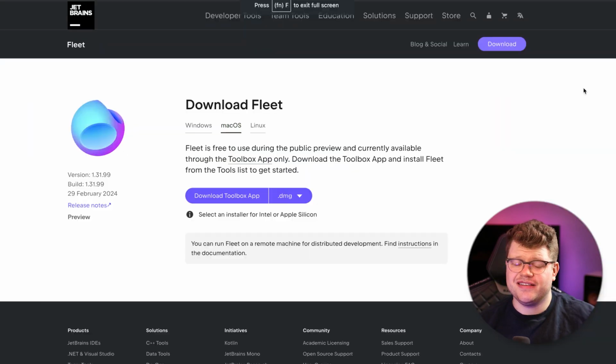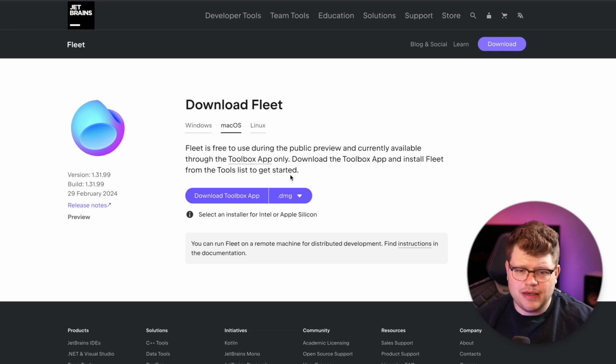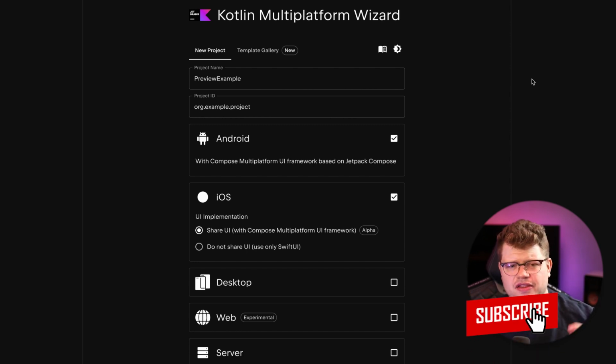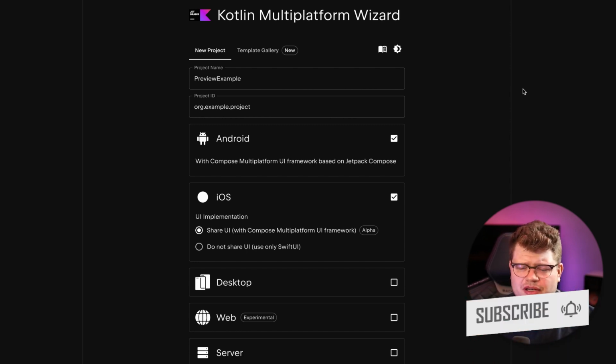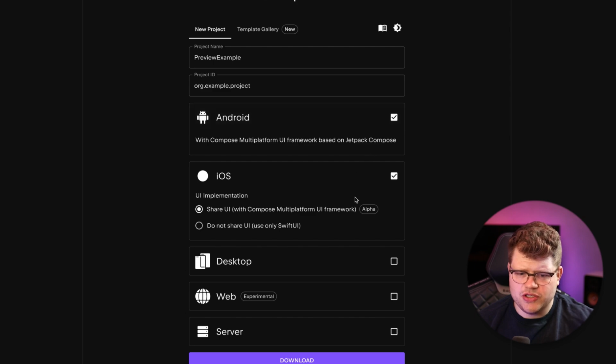If you haven't done it yet, download the Fleet preview on the JetBrains site. The link is down in the description, and install it via the Toolbox. I'm on a Silicon MacBook, that's why I'm downloading the Silicon version. So to try it out, let's start with a fresh project. That's why we're here in the Kotlin Multiplatform wizard, and we stick here to the Android and iOS module and